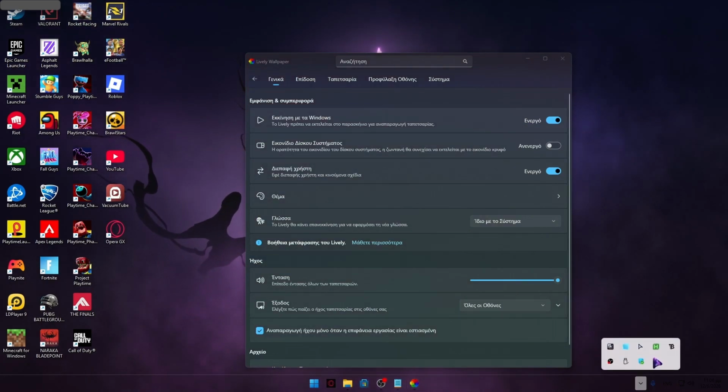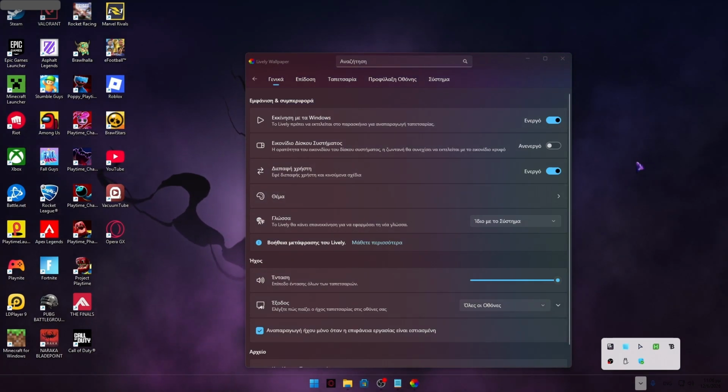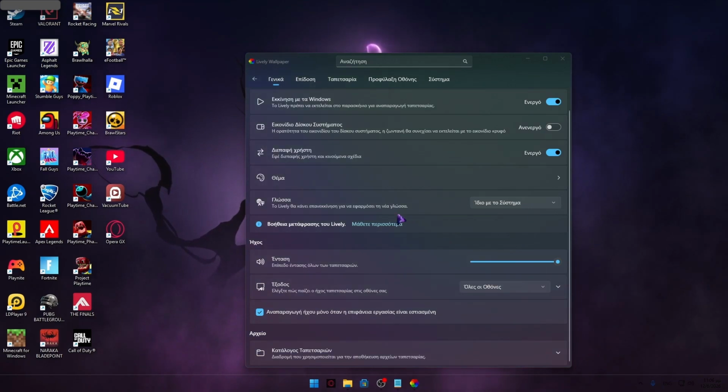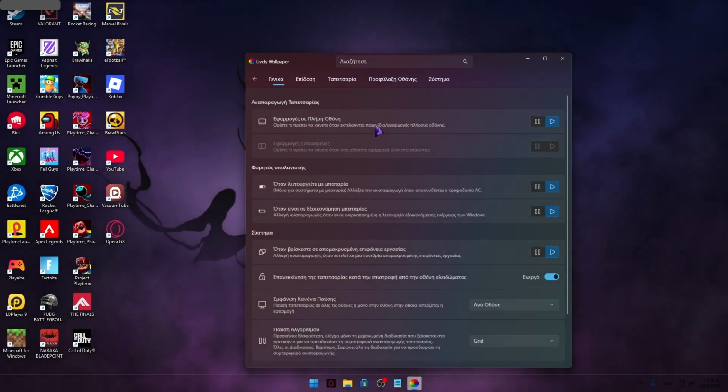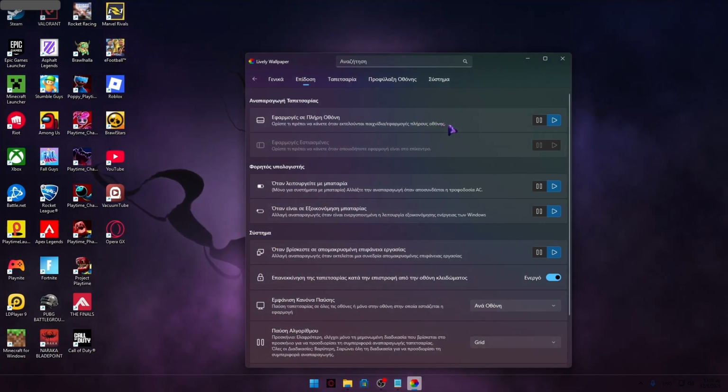The second option is something personal. I don't want to see here the lively wallpaper tray icon. It's just something I don't like. Okay. Language same as the system. Here those are my settings. I would